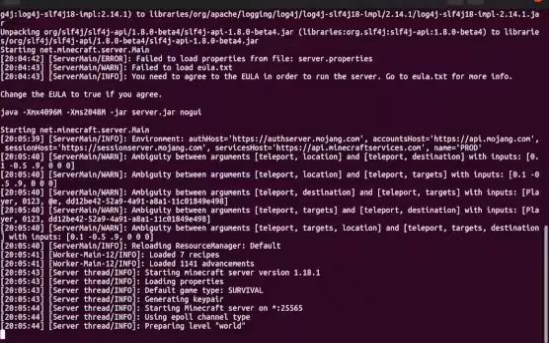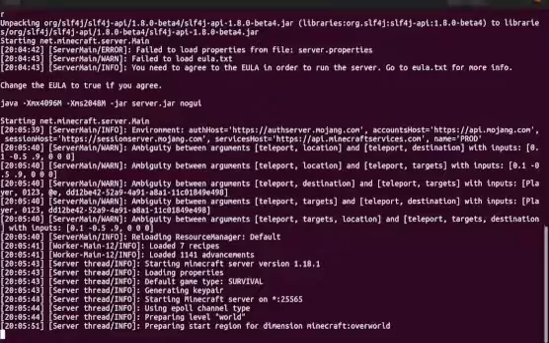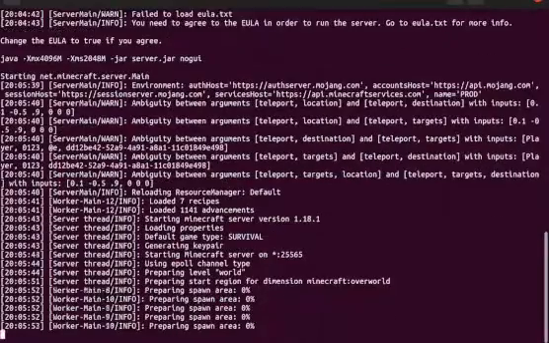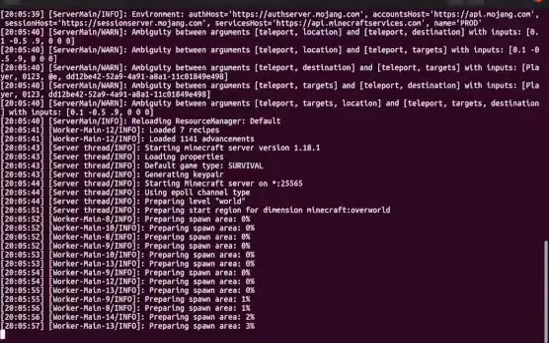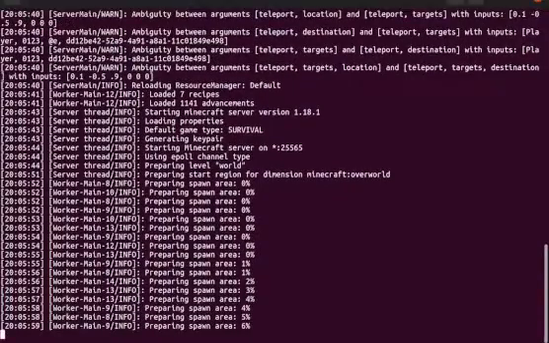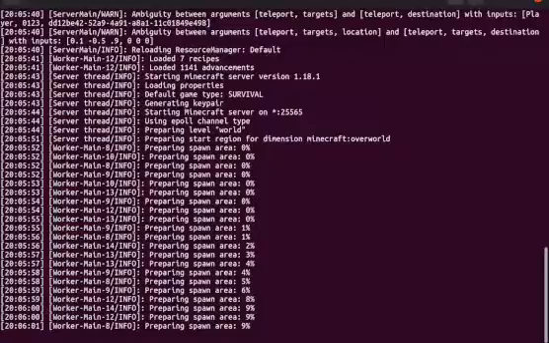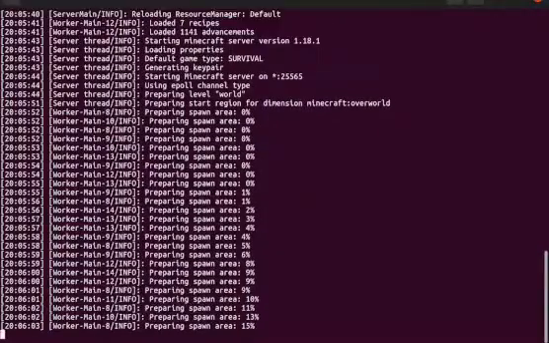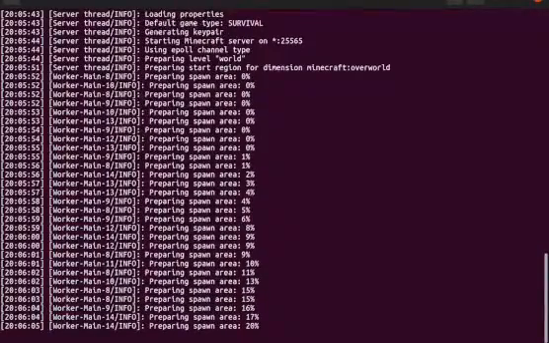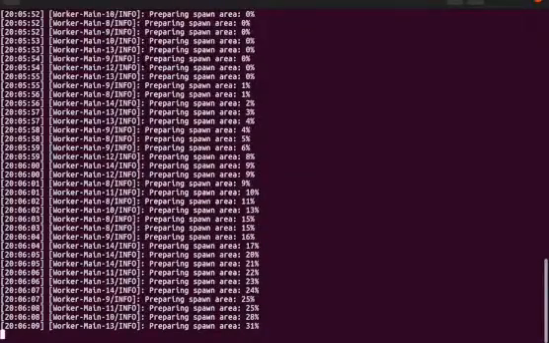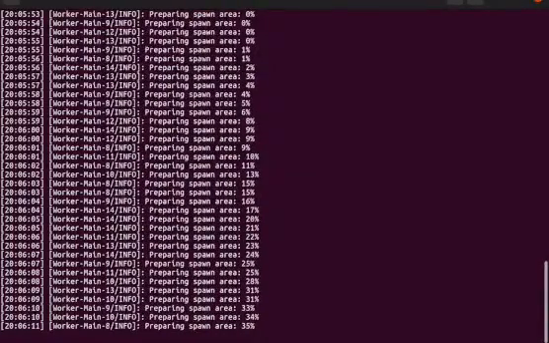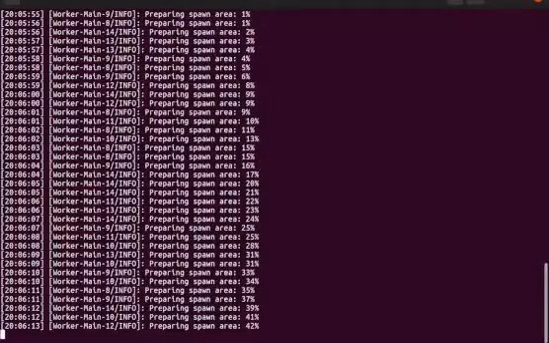It's giving me some sort of warning about teleportation. You can see at the beginning, and then you can see it starts loading the recipe, the advancements. It tells me what version it's on, what game mode, what port I'm using. And it's saying preparing spawn area for the overworld dimension, Minecraft overworld. And once this finishes, then I will show you how to quit out of the server tab,